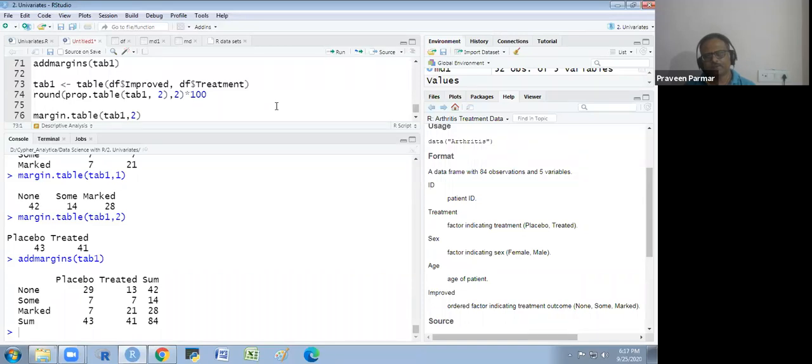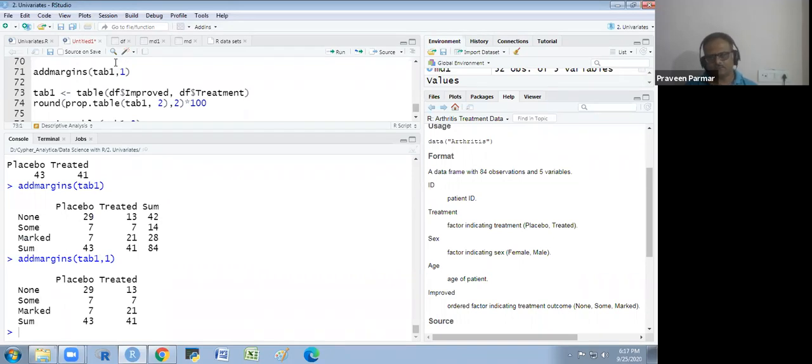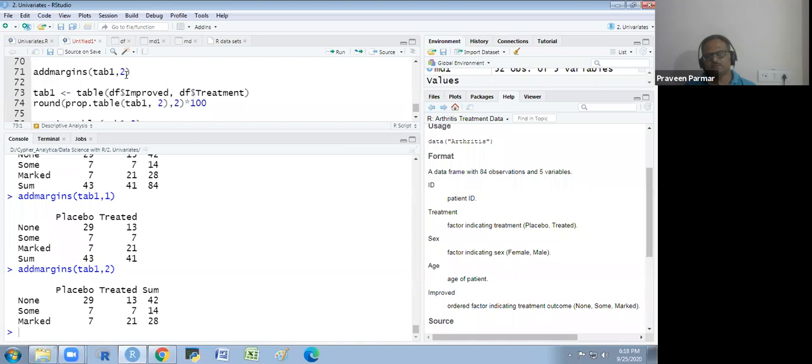Add margins: if I write in add margins 1, then I will get the row sum. And if I write 2, then you will get the sum of column values.